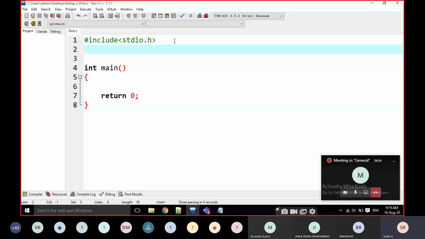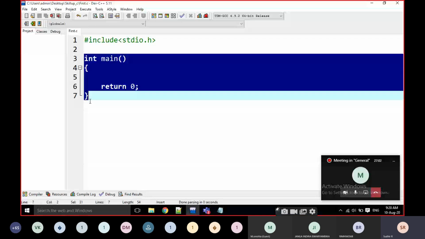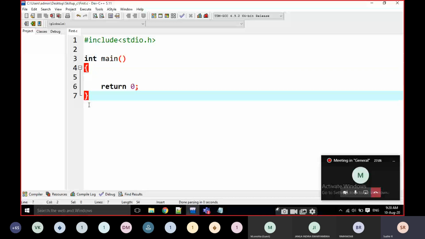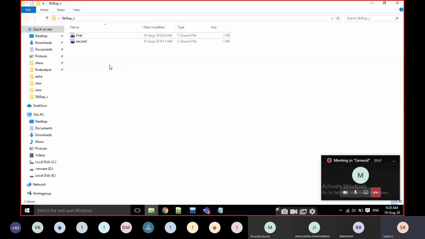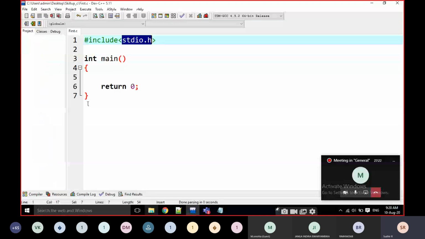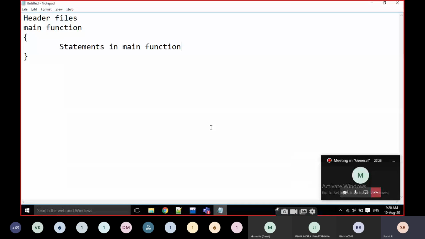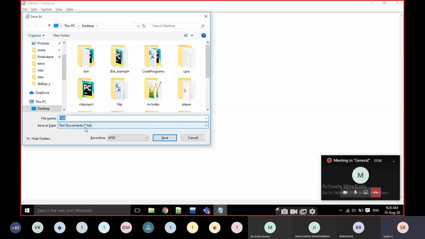The header file is going to support our own function. Okay, our own function. Then what does support mean? For example, when I am saving this program, it is going to be saved as .c. Every time it is going to be a .c file, right? For example, I am going to save a text file, it is going to be saved with .txt.